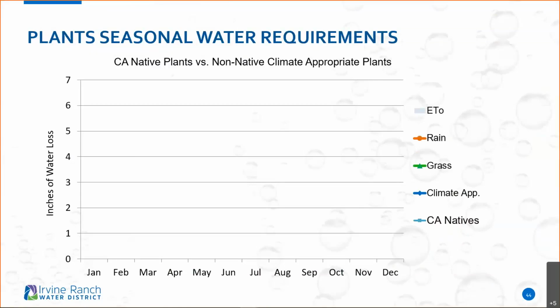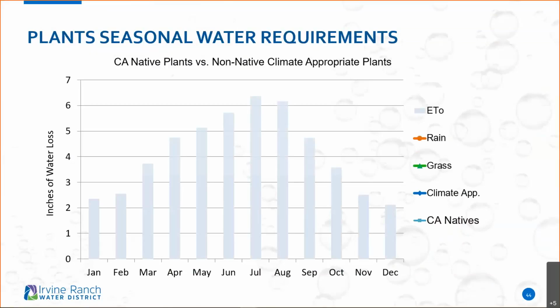Now, this graph here, I'm going to show you something. So the first bars that popped up, this is what we measure. This is basically water loss. We call it ETo, evapotranspiration, and that just basically means water that is lost through the plant, that goes through the roots and out the plant. That is transpiration that goes out the pores, and then there's also water loss through evaporation, whether from the soil or on top of the plants. And we take those and we can actually measure it.